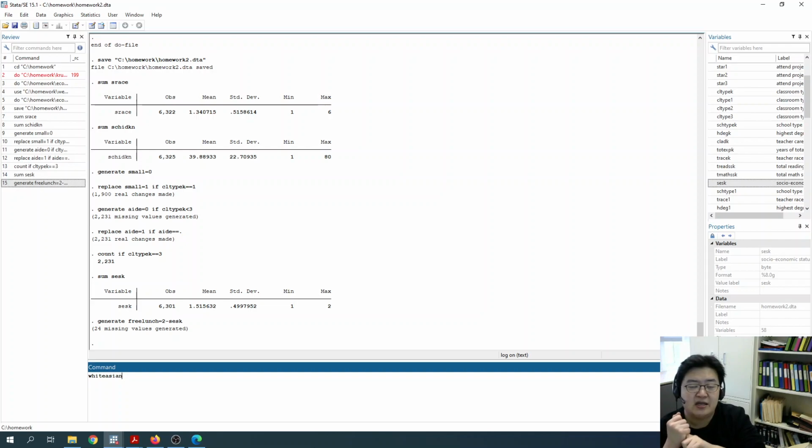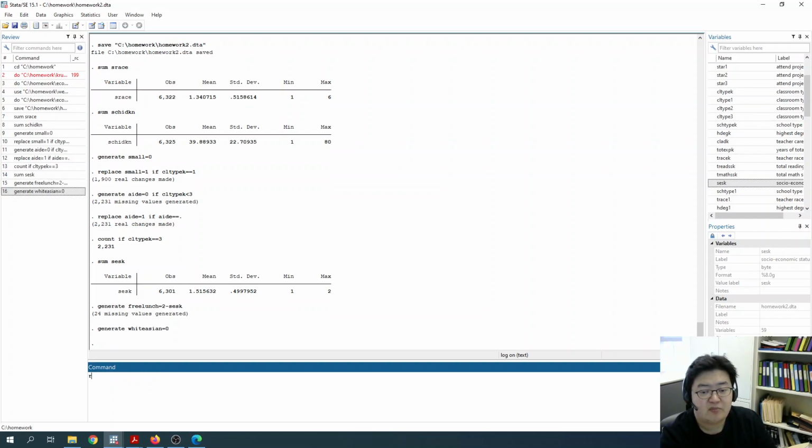One group contains white and Asian, and the other all the other groups. So I'm going to generate now white Asian equals 0 and replace white Asian equals 1 if the student's race is in this variable S race, and if S race is 1, then white; 1 is white and 3 is Asian. So we would like to change this variable to 1 if it is 1 or 3,